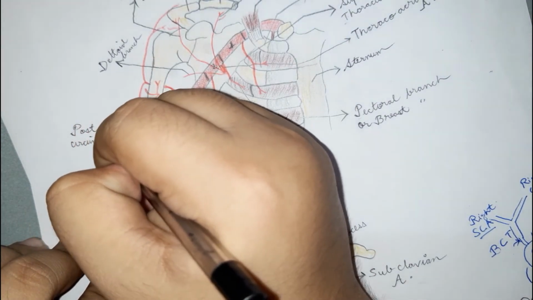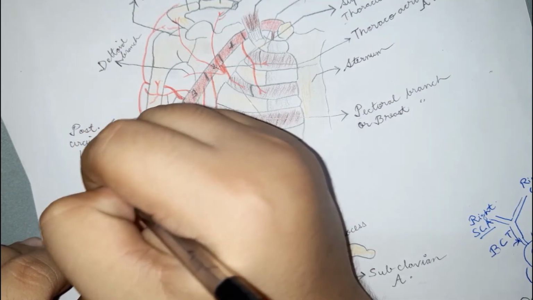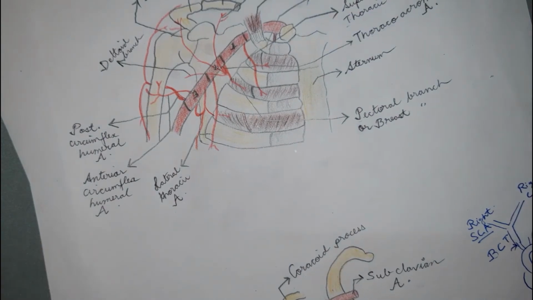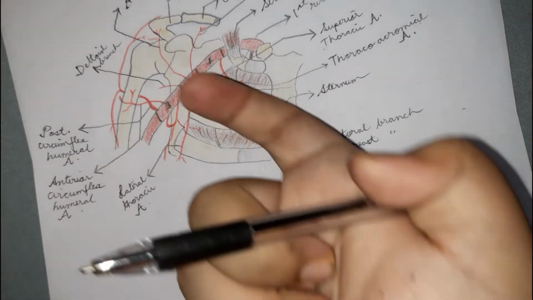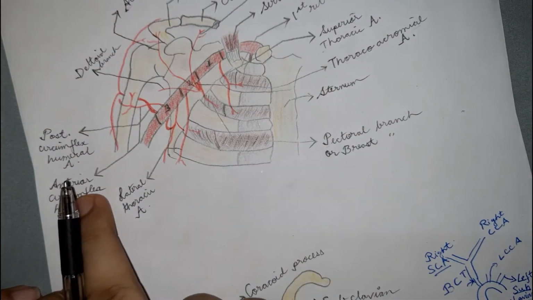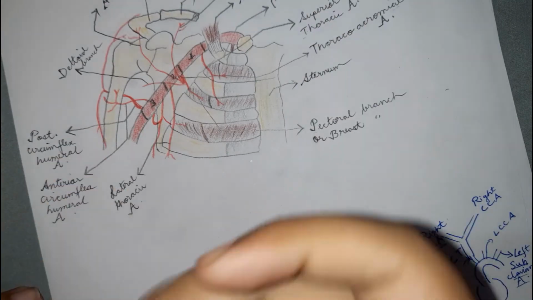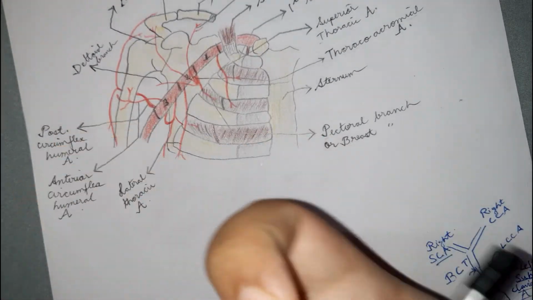Just like its anterior counterpart, it winds around. That's why the name is circumflex. Circumflex means winding around. So the posterior circumflex humeral artery will wind around the